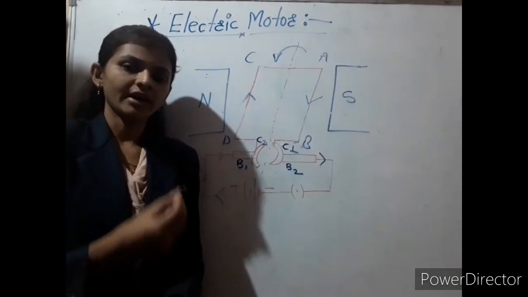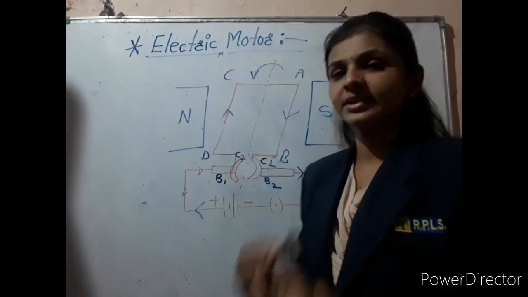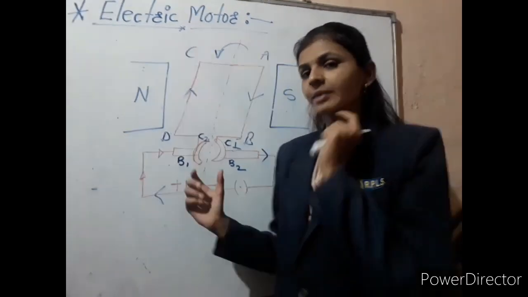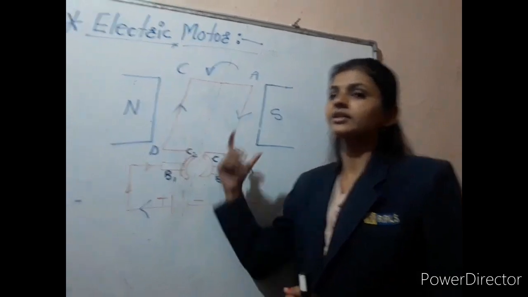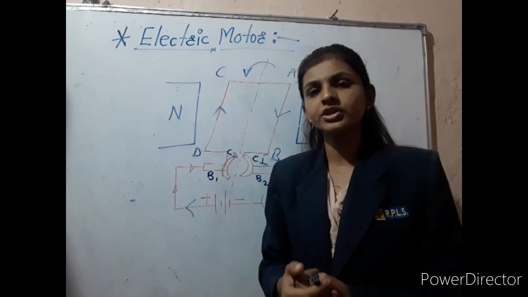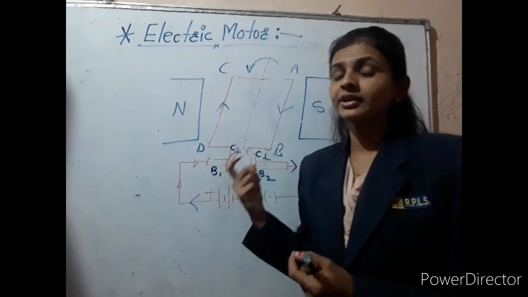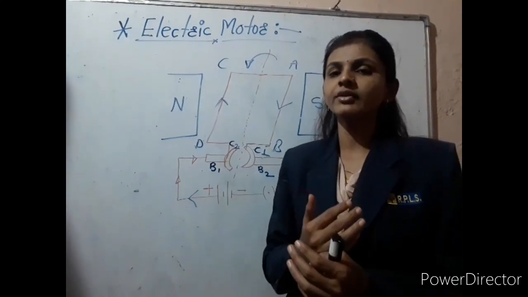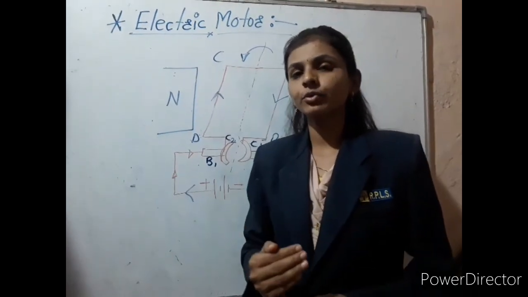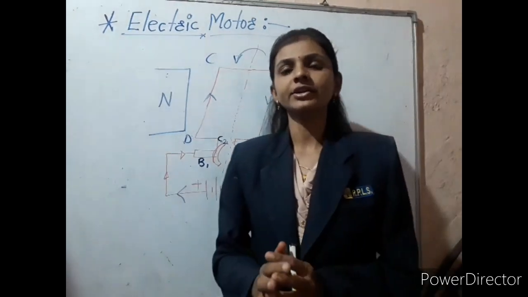So in this way, for as long as we are giving the supply, the rotation continues to be completed. जब तक हम सप्लाई स्टार्ट करते हैं, जब तक हम करंट प्रोवाइड करते हैं, तब तक कॉइल का जो रोटेशन है वो हाफ रोटेशन कंप्लीट होगा. हाफ रोटेशन कंप्लीट होने के बाद टर्मिनल इंटरचेंज हो जाएंगे. इंटरचेंज होने के बाद अगेन स्प्लिट रिंग विल बी वर्किंग एज कम्यूटेटर, दे विल रिवर्स द करंट and again half rotation will be complete. Because of that only, the electrical energy is converted into mechanical energy.